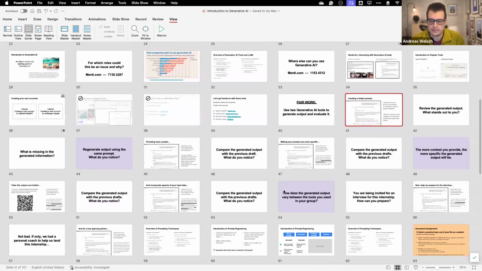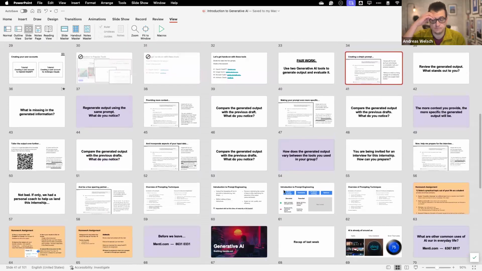And so we iterated on this. We also looked at a real job description and said, well, can you, for example, copy and paste the content of the job description into your ChatGPT prompt and say, hey, here's a job description of the position I'm applying for. Can you tailor my email to match this job description? Well, all of a sudden, we're pulling in additional information, and ChatGPT is becoming almost like a sparring partner for us.